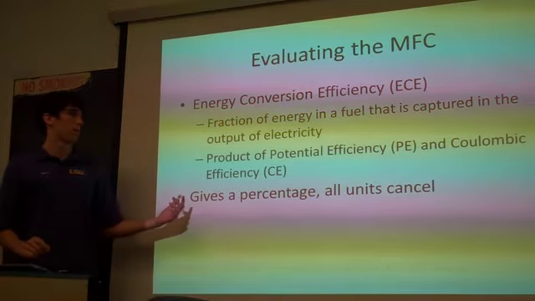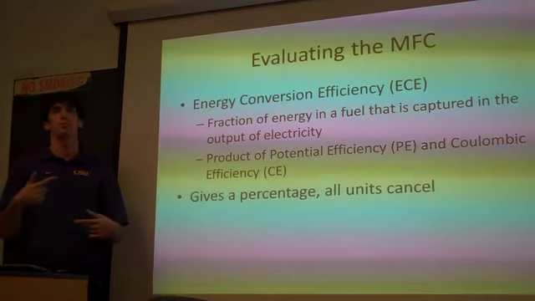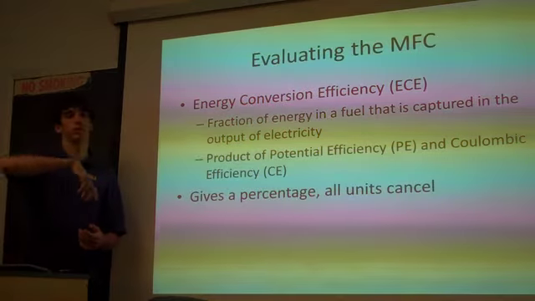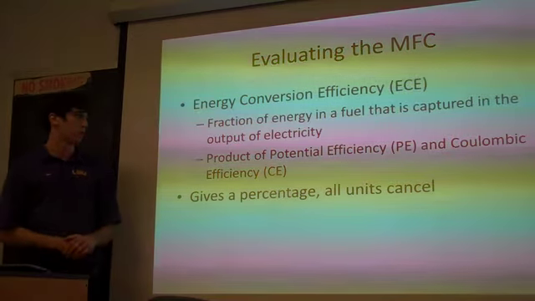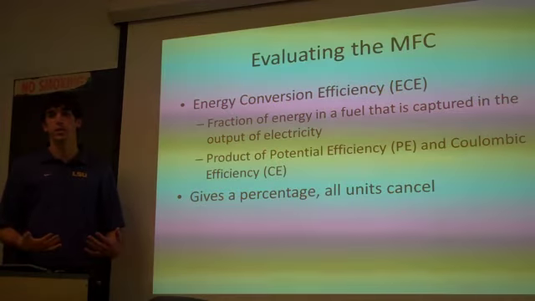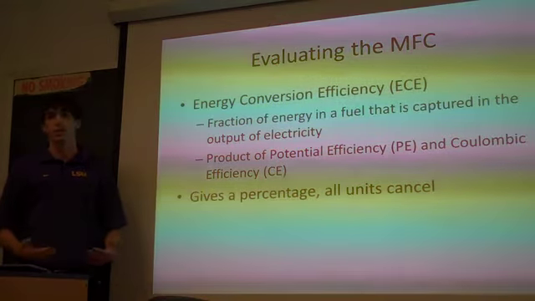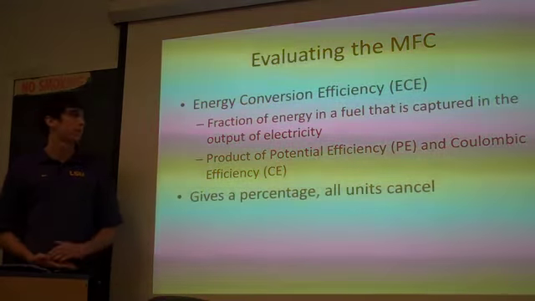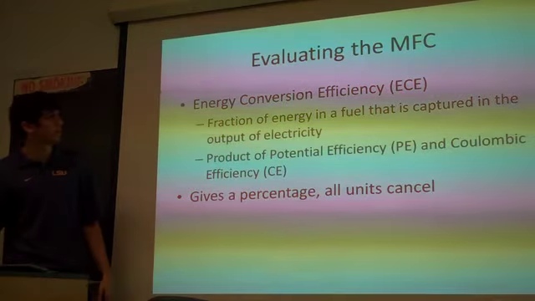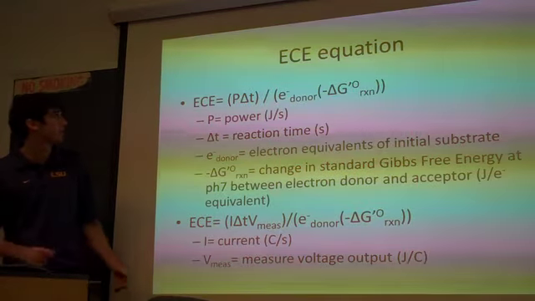So there are microorganisms respiring on the anode. We're taking those electrons away to make energy, but those electrons would have just gone to another molecule as a reducing agent, and that makes energy in and of itself, but we're just kind of stealing it. That's basically what that is, and it's a percentage. All the units cancel out when you do the work, and this is the equation itself.